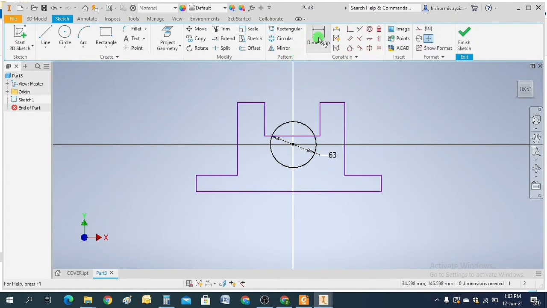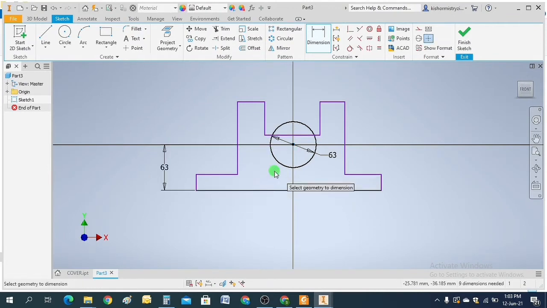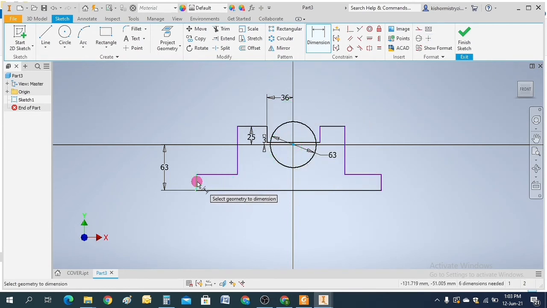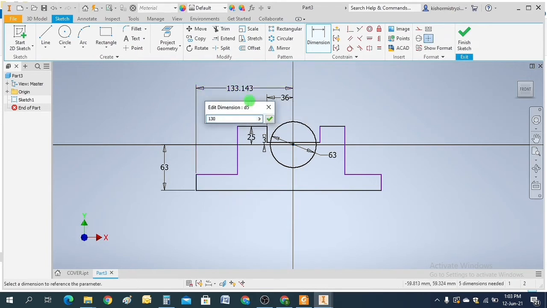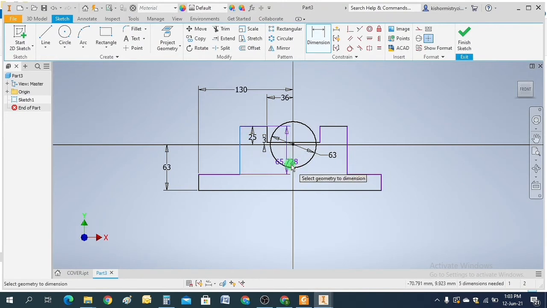So now give dimensions: 63, 3, 25, 36, 130, 144 divided by 2.